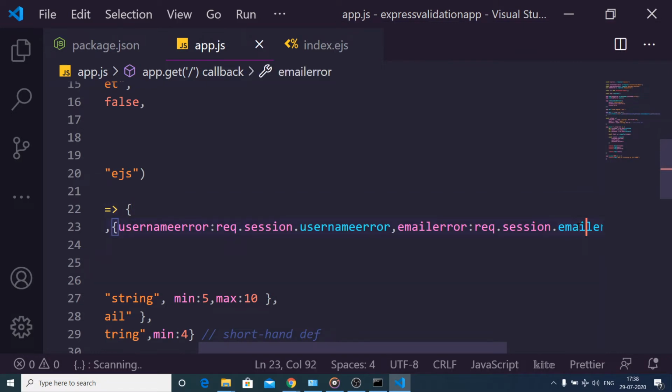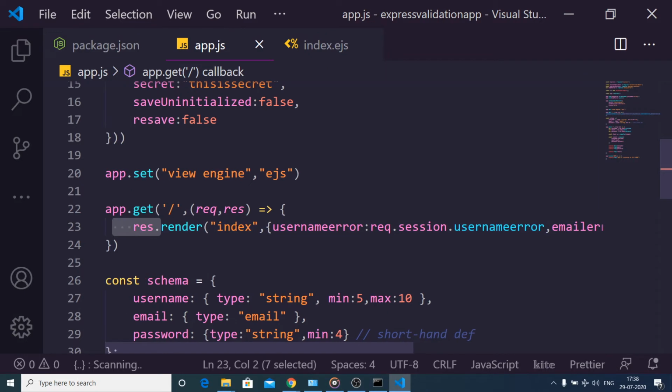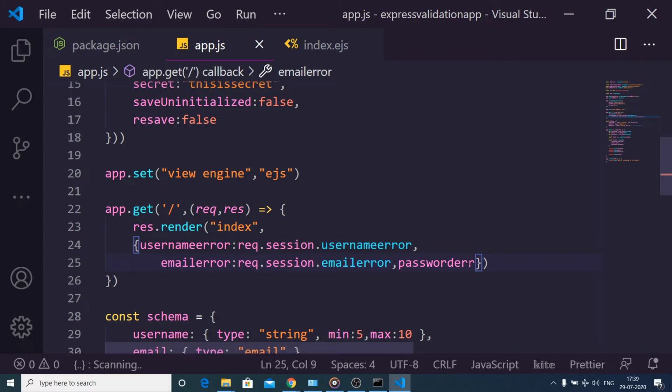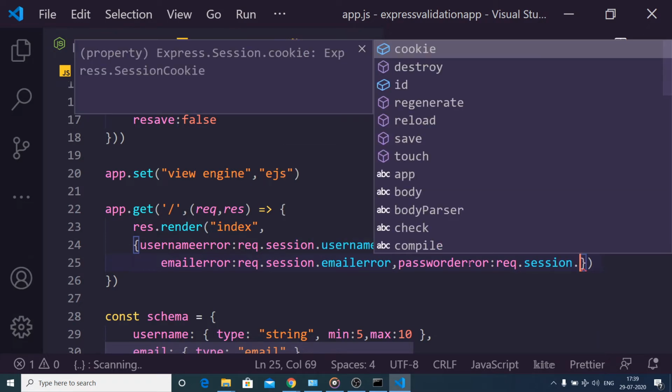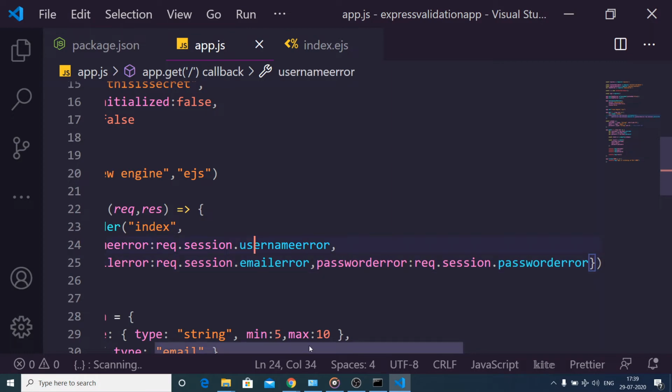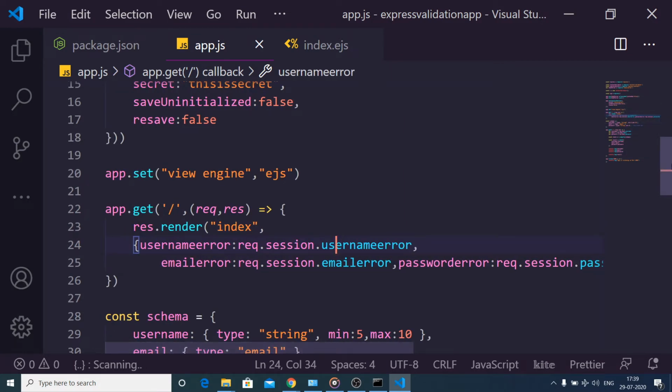Let me have this on a new line so that you can see. So passwordError, these are the variables that we are declaring. We can get this by session, request.session.passwordError. So now we need to make these session variables right here.